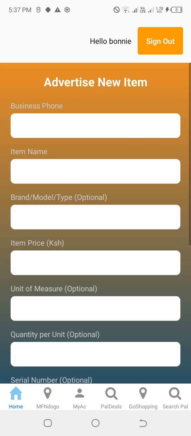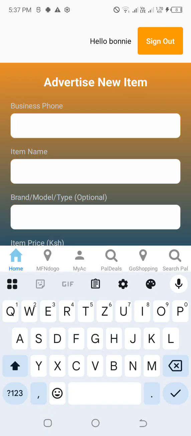So we come here, the business phone number that we added, which I said need not be a phone number. It only needs to be a unique number, lest you be in shock to find that it is already registered. So we want to enter this one, and we say